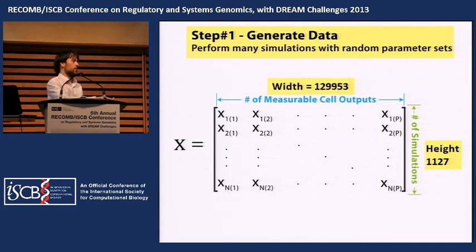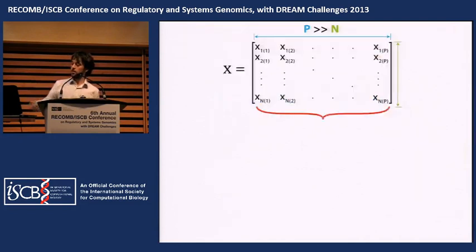And just so everybody's on the same page, the way this matrix is organized, the first column might be the concentration of a certain protein across all simulations I did. The second column would be a concentration of a different protein or some other cell variable. The first row would be the first simulation I ran, and the second row would be the second, etc.